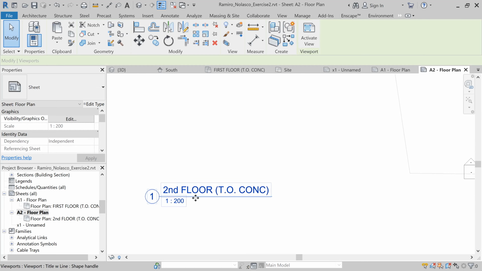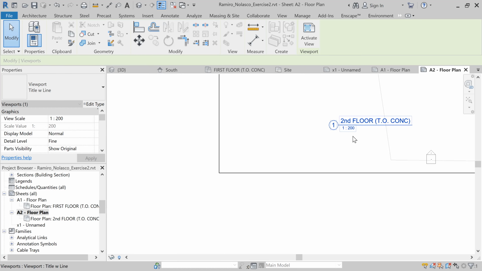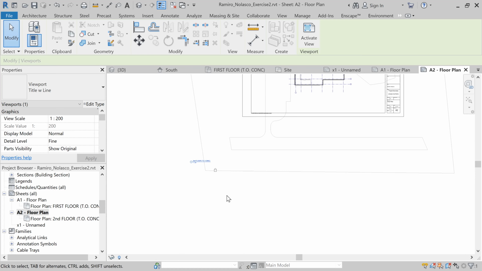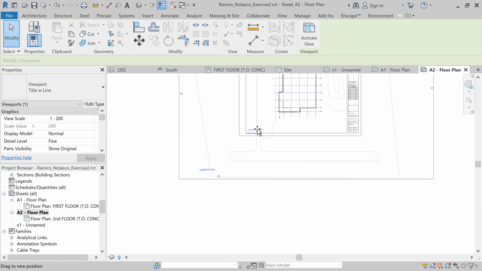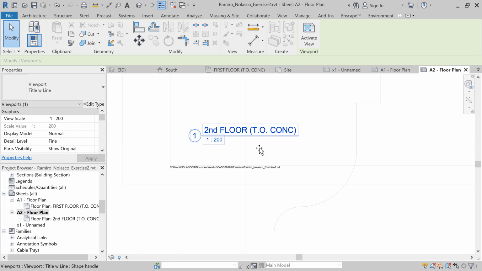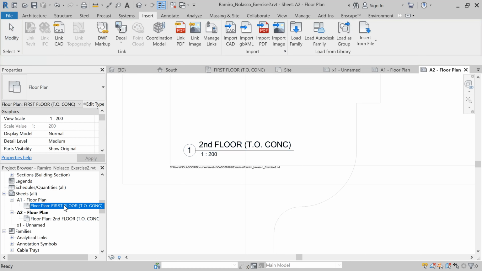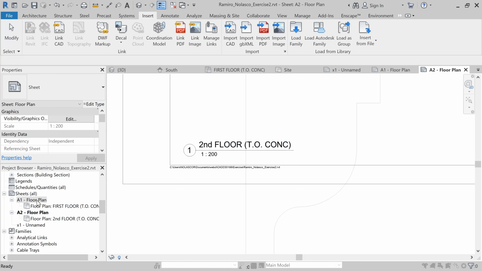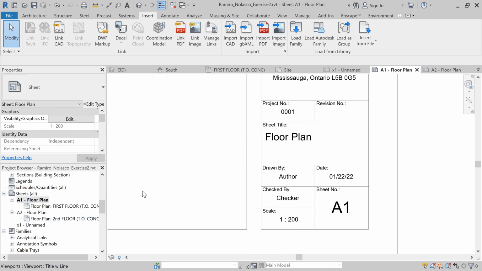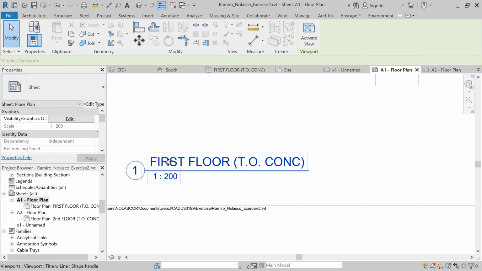So make sure, there it is. Click once, and then place this at the bottom corner, right? So be consistent. Since we changed this to a number, let's also open this and change this to,